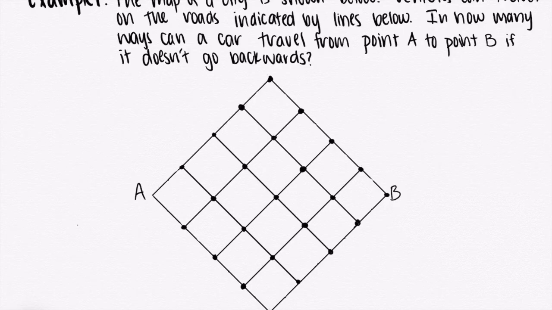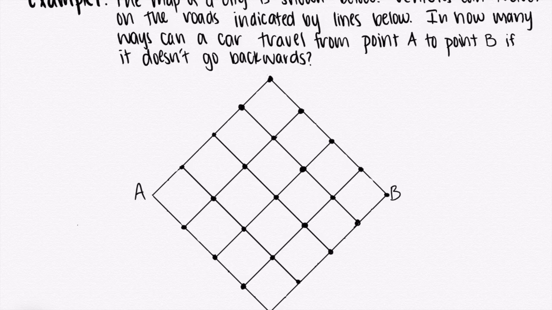Example 1. The map of a city is shown below. Vehicles can travel on the roads indicated by lines below. In how many ways can a car travel from point A to point B if it doesn't go backwards? So the number of ways that the car can travel from point A to point B can be found using